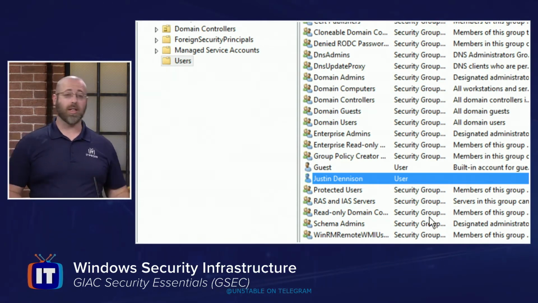So now we've seen local accounts and Active Directory accounts. Now remember, with a local account, you're only affecting things that are on this local computer. With an Active Directory account, that goes throughout the entire directory structure. So any resource that is available to the users in that directory, Justin would then have some form of access to, and we could set that accordingly depending on what his status was in the company. So hopefully